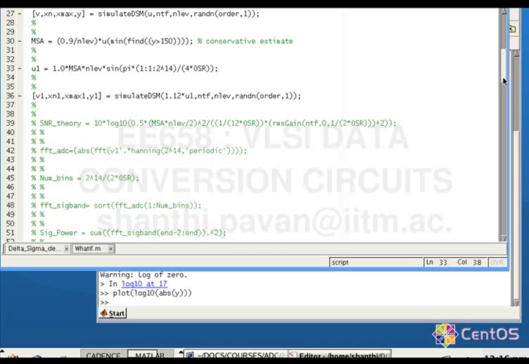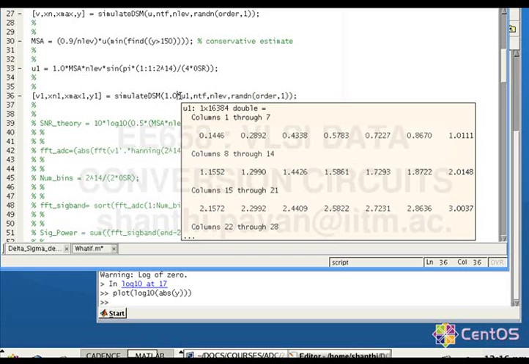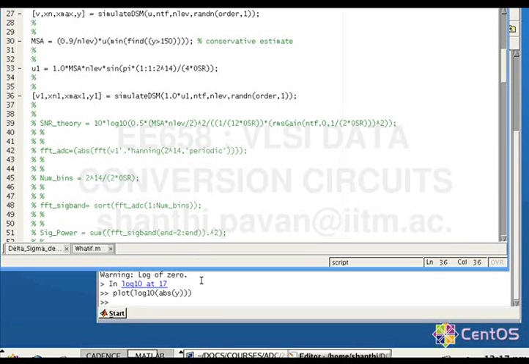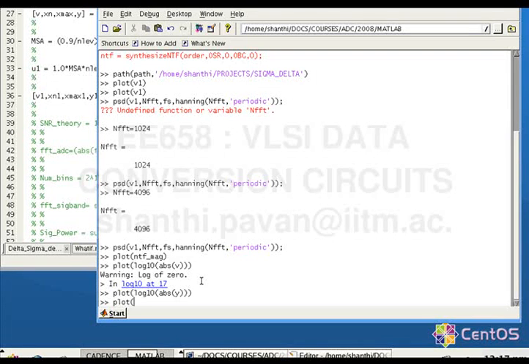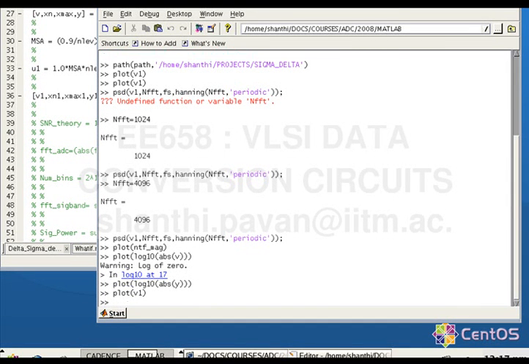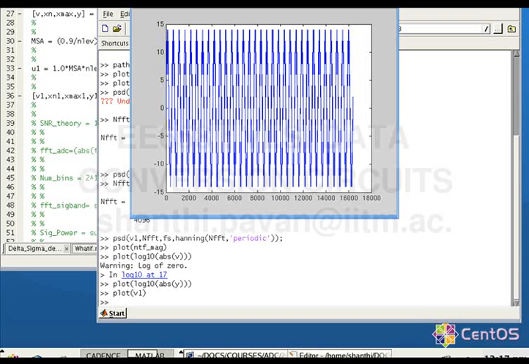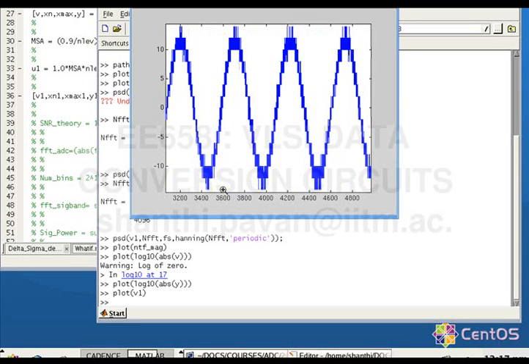And so the next thing is basically I generate a sine wave whose amplitude is the same as the maximum stable amplitude, right? And okay, and you can see, this is the output for a sine wave. Okay, so you can see that the output takes on only discrete levels. Okay, and if you zoom in a little bit,